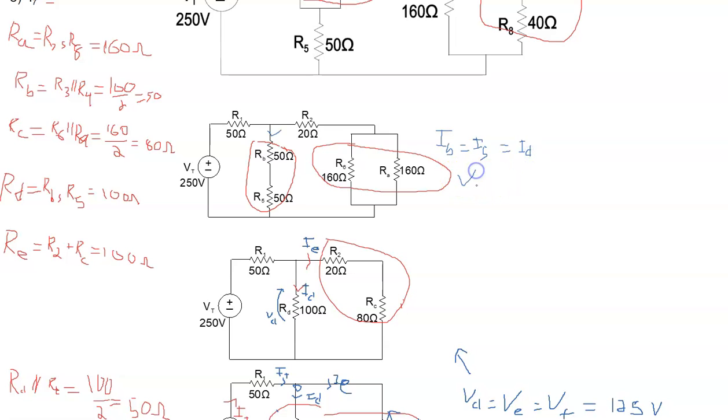And so we have then VB is equal to IB multiplied by RB. And if IB is equal to ID, which we calculated below at 1.25 amps, then VB equals 1.25 multiplied by 50 ohms, and that gives VB at